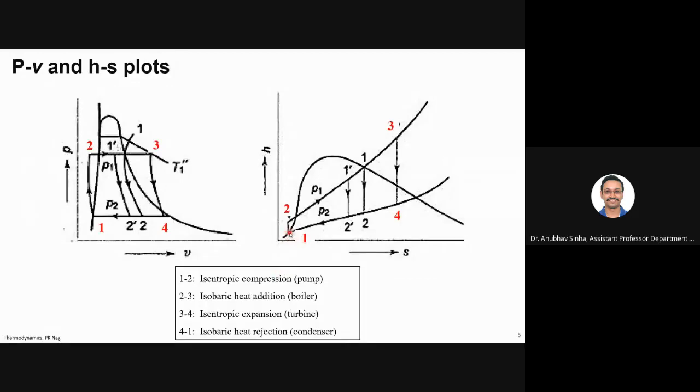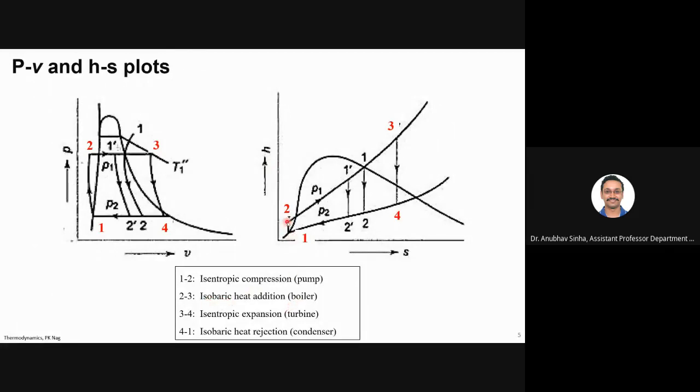So at point 1 we start with saturated liquid. 1 to 2 is isentropic compression. So you see a straight line in terms of x. The x value remains constant, entropy is constant, and we are in the liquid region. If you pressurize, basically you are increasing enthalpy. Okay. So we go from 1 to 2, which is a liquid state, then isobaric heat addition.